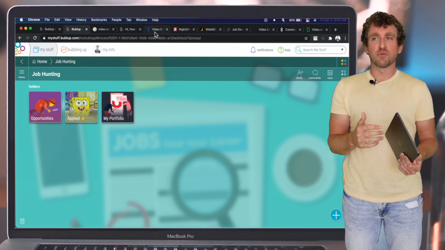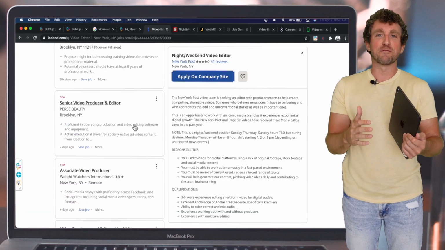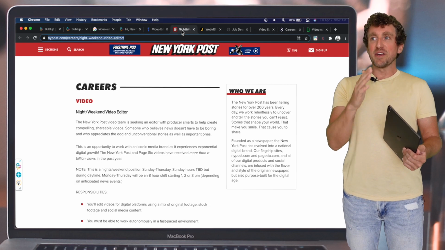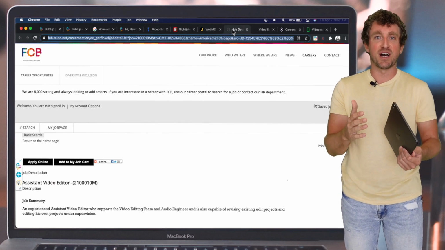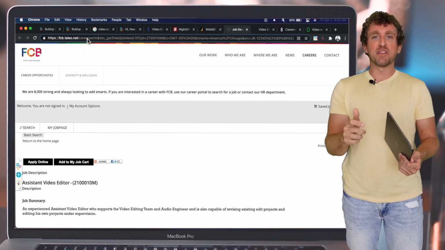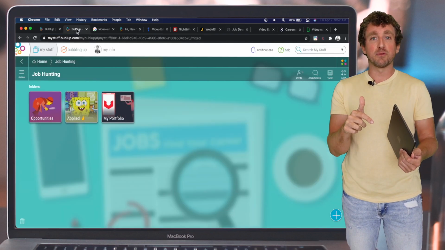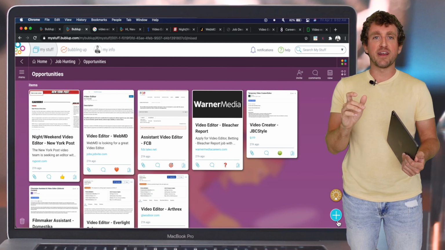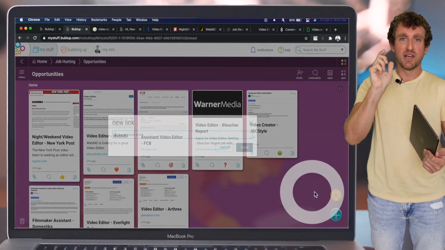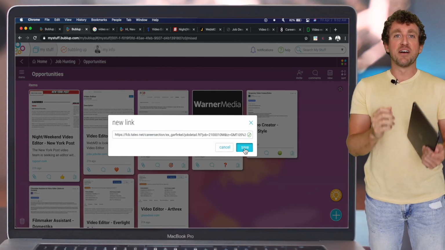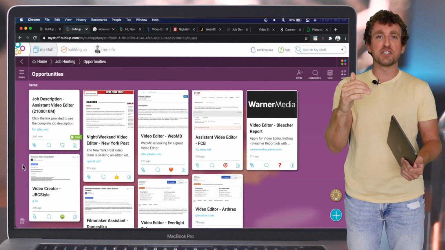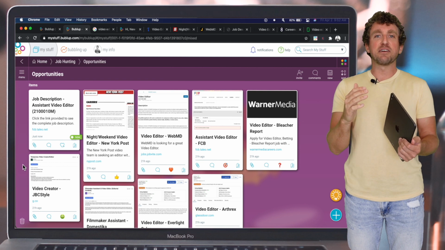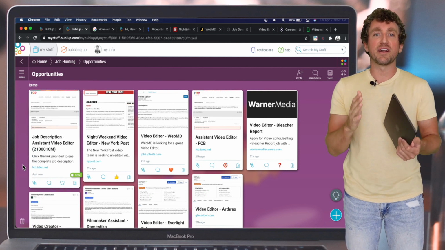So what we usually do is we go to a bunch of job sites and we're looking for jobs that fit us, right? We end up with tons of tabs in our browser and we start to get lost on which tab is for which job. Let's stop doing that. If we just copy the link, then go over to the BubbleUp Opportunities folder, you can paste it right in, or you can hit the plus pizza wheel, link, and paste the link right there. Now your links are all going to live in one spot. You can title them, you can add a screenshot, even a description, right? Now you can always get back to them and have them in an organized fashion.